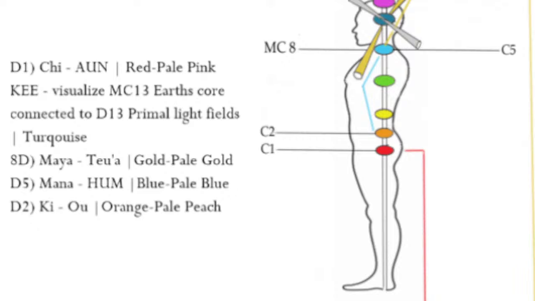So the galactic core, Maya, Tua, gold, pale gold, and then the dimension 5, Mana, Hum, being its higher aspect or faster oscillating aspect, which has the colors, frequency spectra, blue and pale blue. Dimension 2, Ki or O is orange and pale peach. Okay,